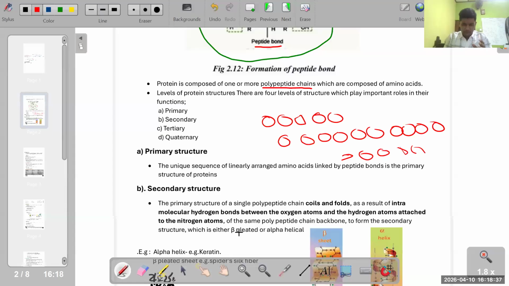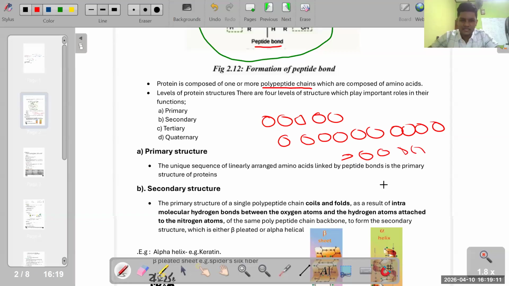Now just think, the main requirement is that 20 amino acids should be present, right? 20 amino acids can be present, but it can have one or more polypeptide chains, which means it can be a set of 20, or it can be clusters of 5, 10, 15, 20, right? It can be a complete chain containing 20, or it can be small clusters also. If it contains a complete chain of 20, it is called one polypeptide chain. If it contains multiple polypeptide chains like this, we say there are more polypeptide chains.